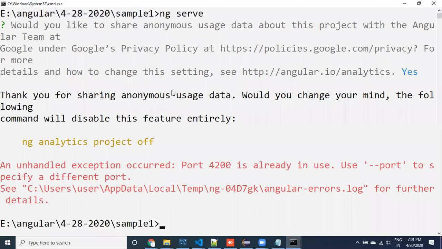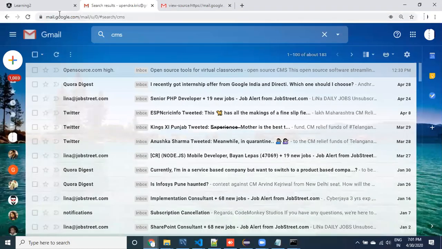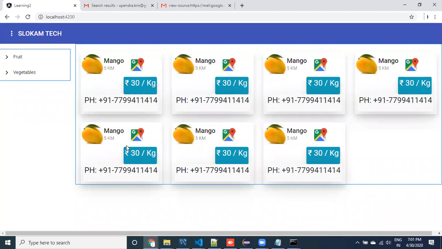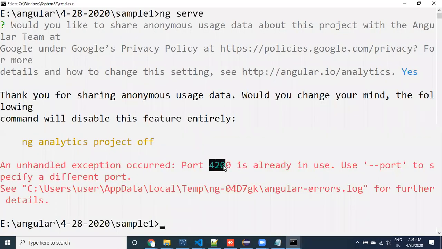It takes some time to execute this. Some other applications are running already on port number 4200. If I want to run multiple applications, each application requires one port number. By default it is going to use 4200, but I would like to use a different port number for this application.